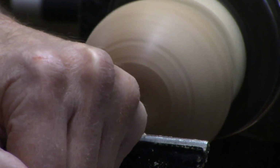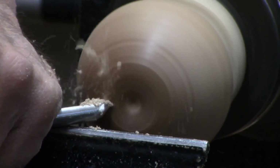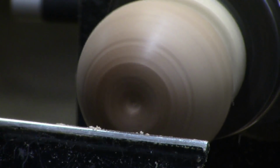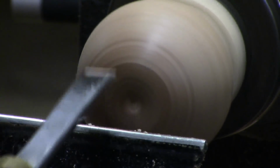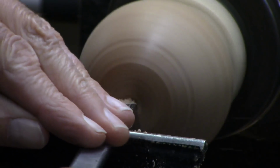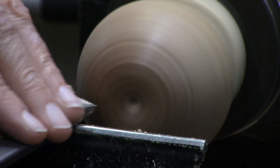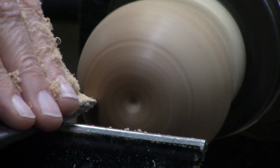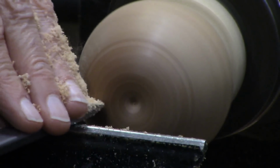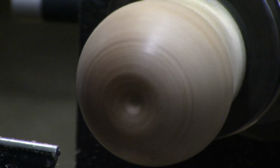So this is why we did it, to get down here. And it really does make a big difference in the look and the feel of the apple. Nice curve right here. It's still in grain. Okay. So we are done. Now we would sand,